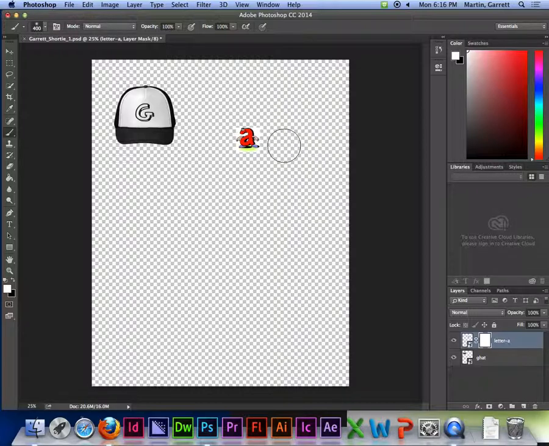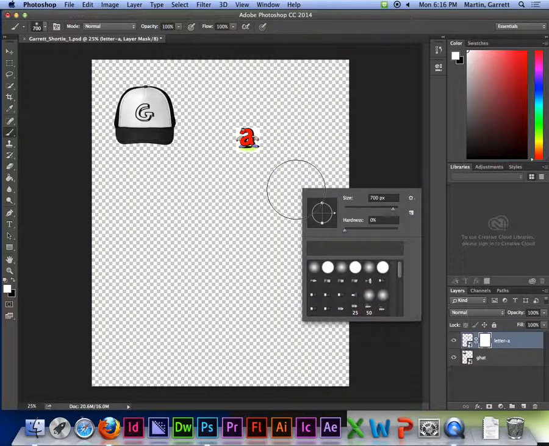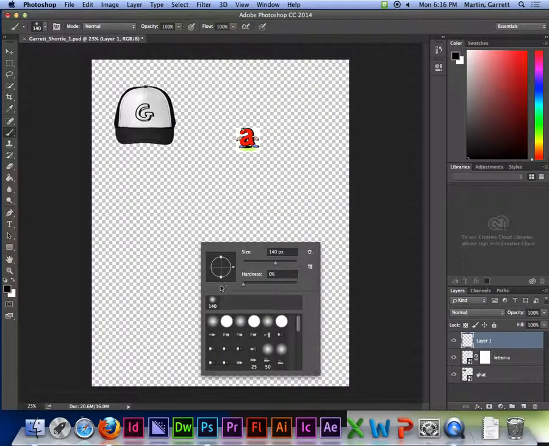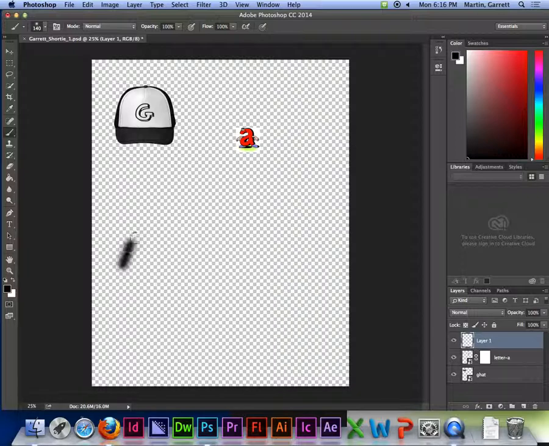Now we also have some other options. If we were to left click on the canvas, it's also going to give us this dialog box that allows us to control the size of our brush. But it's also going to give us the ability to change the hardness of our brush. So to give you a little understanding what the hardness does, if I have the hardness turned to 0 and I draw a line,